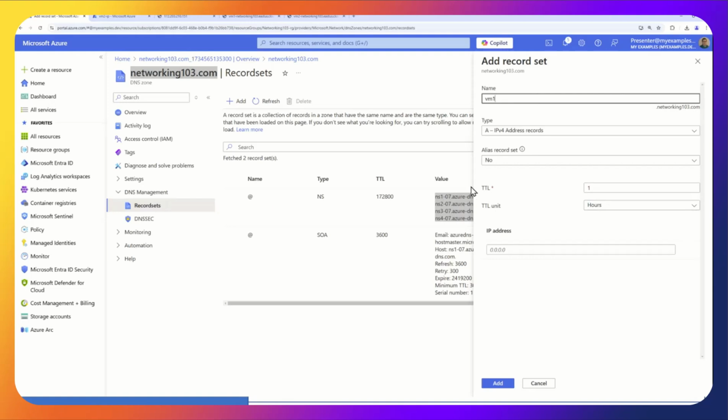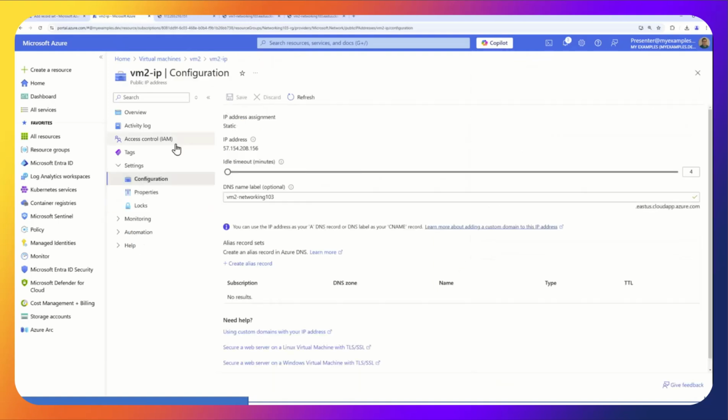In testing, you don't want a long time to live, so I'm going to make it 1 minute. If I make a mistake, it won't take so long to propagate the change. And now I just need the IP address of the machine, which is not that. I don't know where that came from, but let's go there.